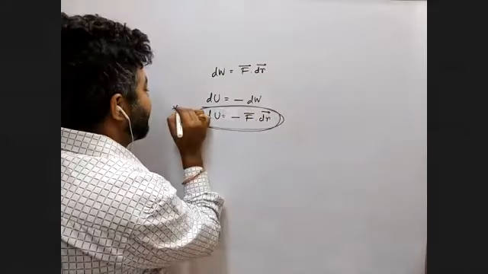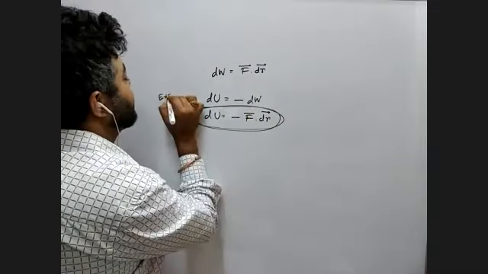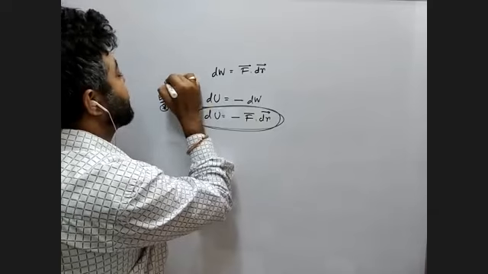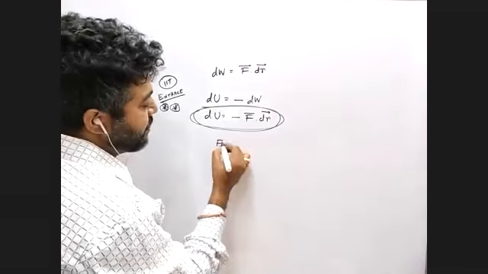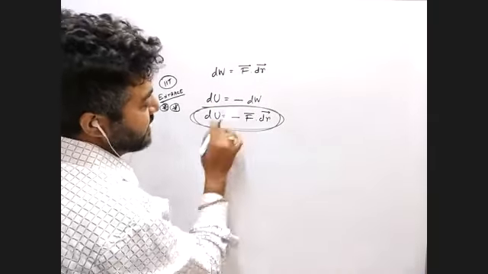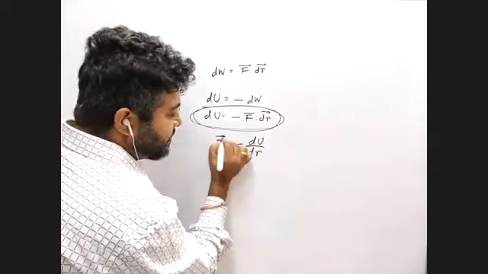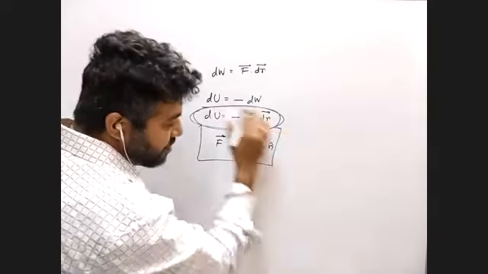These are very important for entrance, especially IIT type question, very important. And the second one is force, that is minus du by dr, but as the force is a vector quantity we put a vector sign,